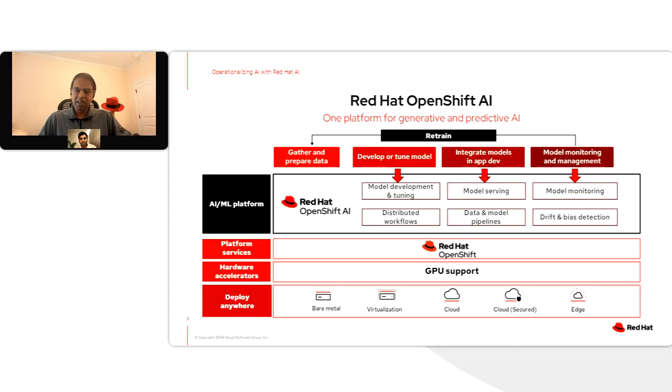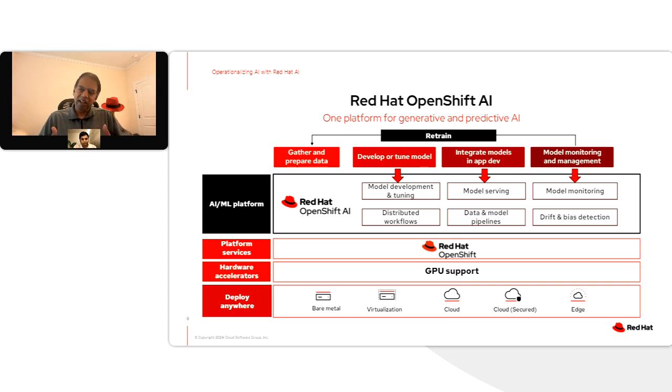So the last thing I want to talk about before I turn things over is to dive a little bit deeper into Red Hat OpenShift AI. And really, this is, again, as you see, built upon Red Hat OpenShift. And again, it offers an AI/ML platform where you can do all the things, as a customer, that are needed to build, train, and deploy your models.